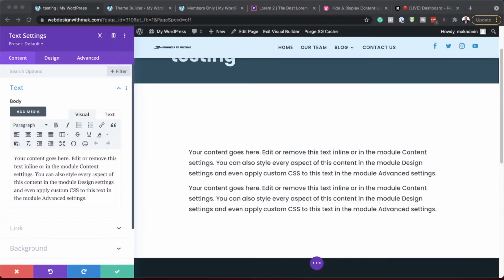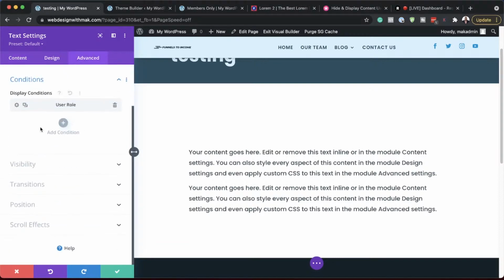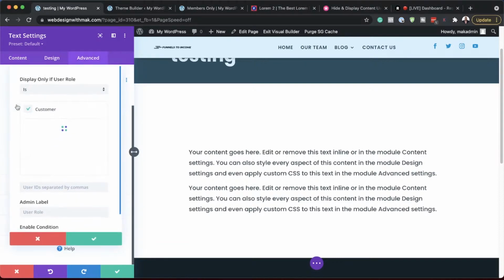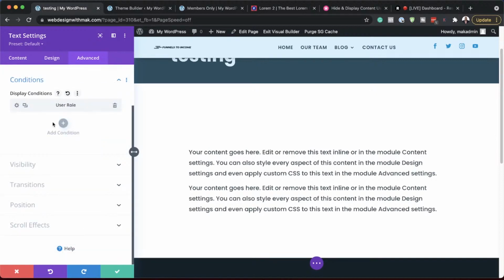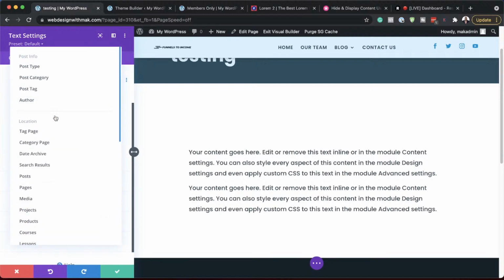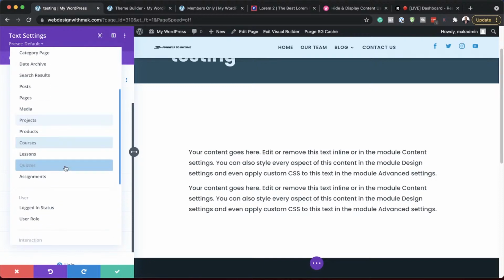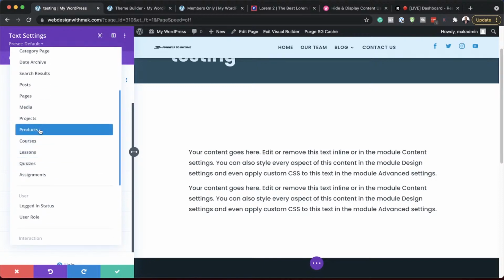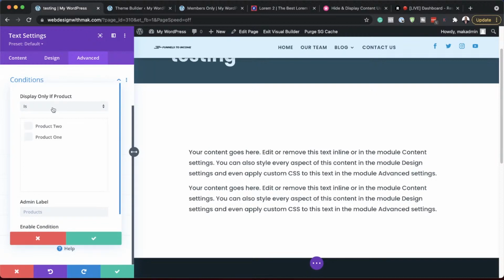Okay, so let me see if I can show you other examples. Yeah, there is something that I wanted to mention, and that is we can stack our conditions as well. So let's say I come over here to advanced conditions. This is our first condition, so we are saying the customer can view this. Now we can also add another one, and we can say, let's head over here and say products. So display if,